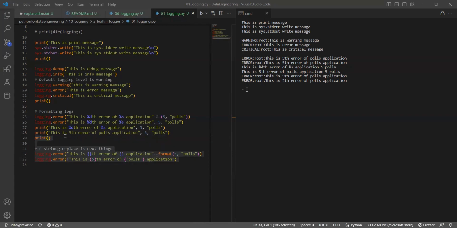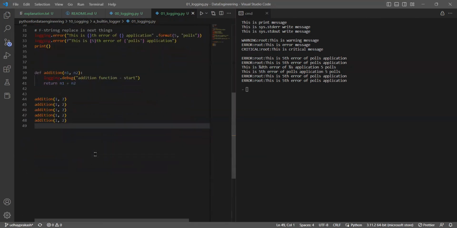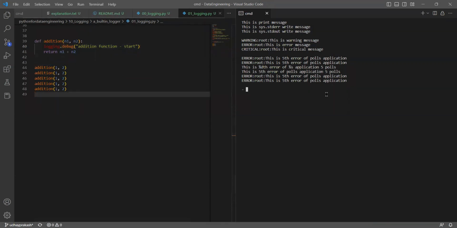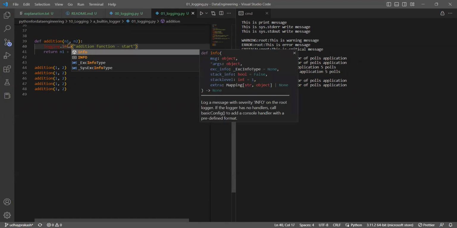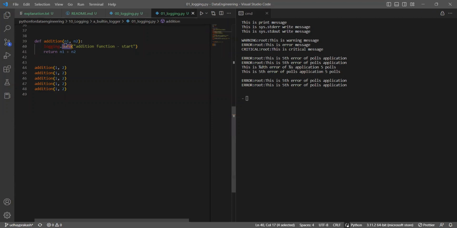Fine. After that, let's say I'm going for a small function and I want to print the logs. Let me go with an example. I wrote a small function called addition. Within that addition, whenever it is called, I'm printing addition function start. See how many times I'm printing. Now you see what will happen. If I execute any number of times, is it coming? And if I mention it as info, will it come? No. If I mention it as a warning,